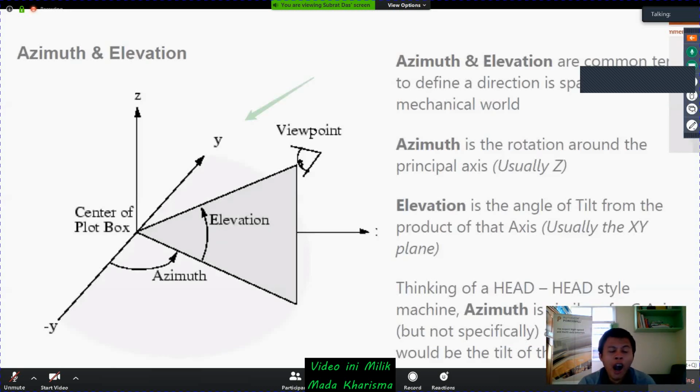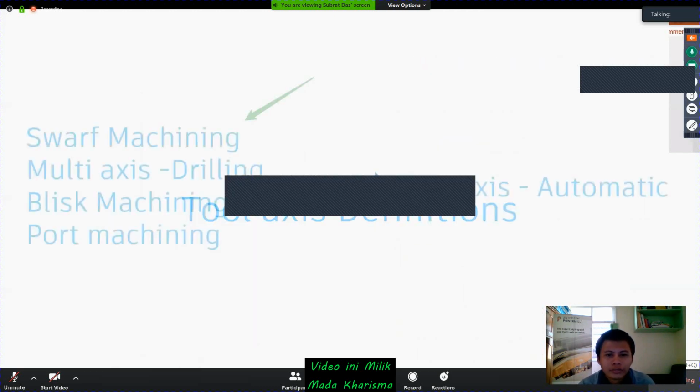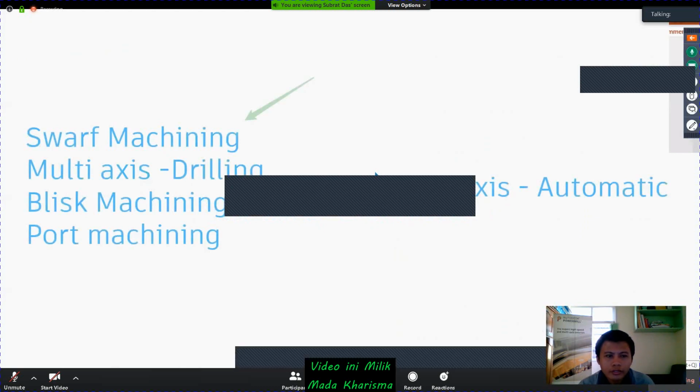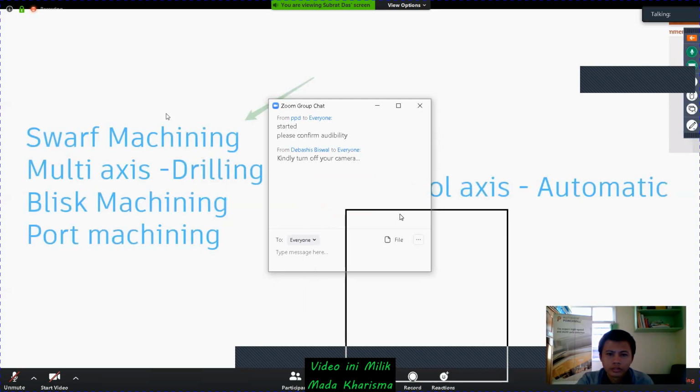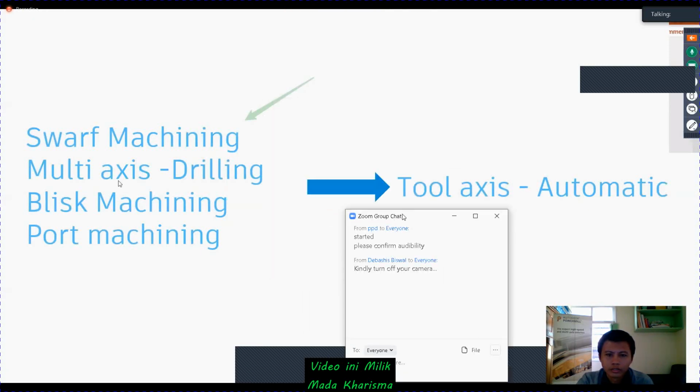And we will now move to tool axis definitions. When we come to tool axis definitions, there are a few points. For example, if you are using swarf machining, multi-axis drilling, blisk machining, or port machining, the tool axis will be automatic.